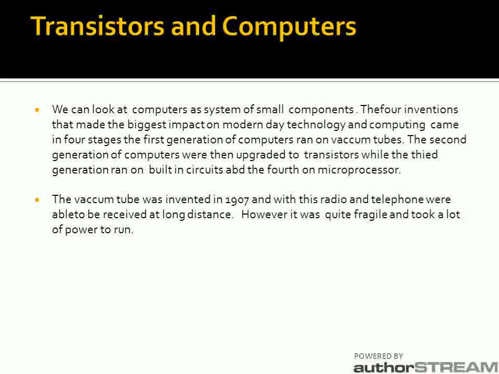We can look at computers as a system of small components. The 4 inventions that made the biggest impact on modern day technology and computing came in 4 stages. The first generation of computers ran on vacuum tubes. The second generation of computers were then upgraded to transistors, while the third generation ran on integrated circuits and the fourth generation on microprocessors. The vacuum tube was invented in 1907, and with this radio and telephone were able to